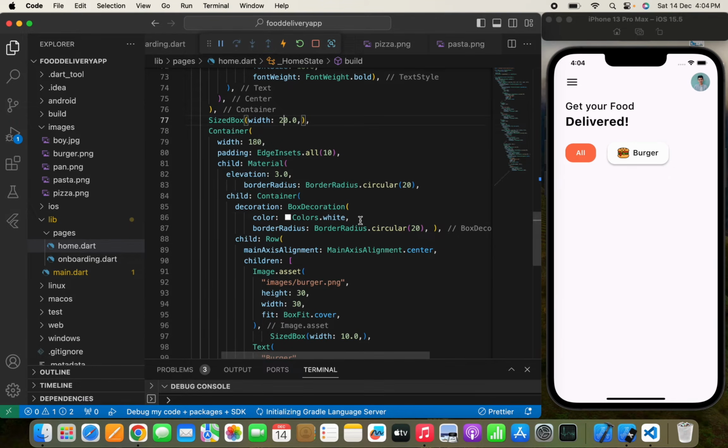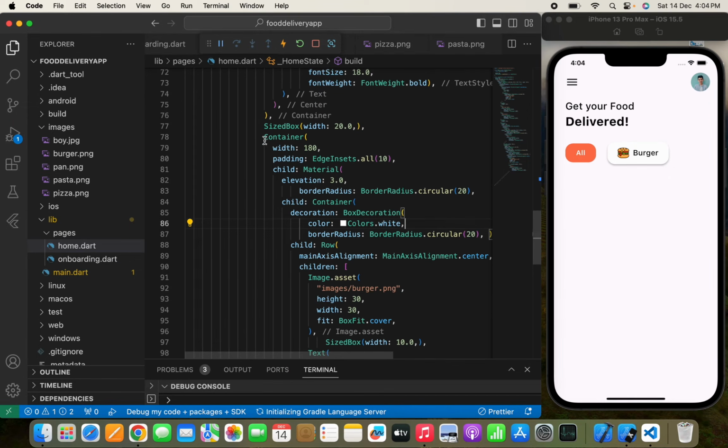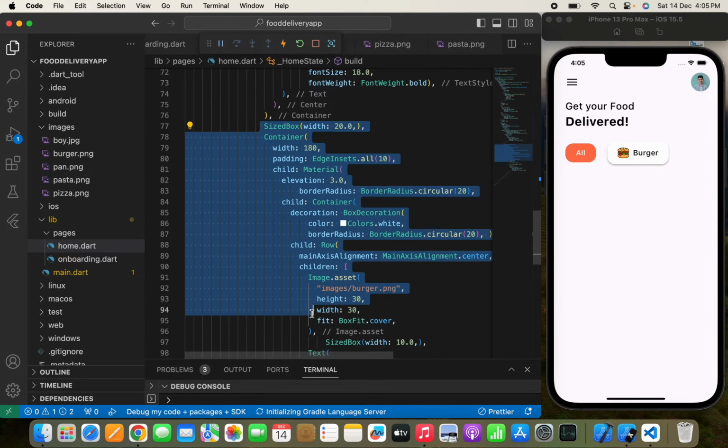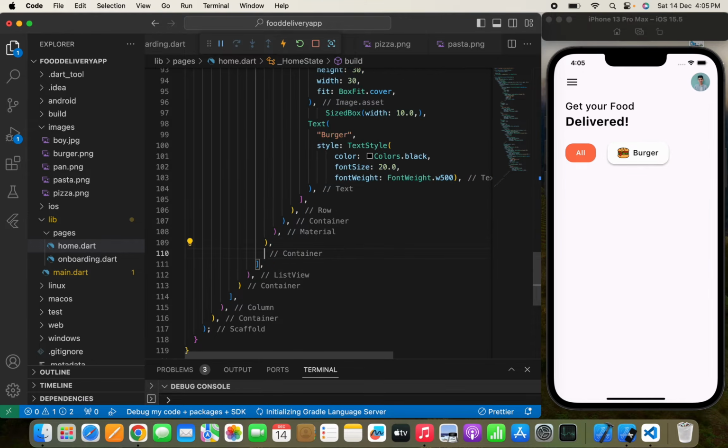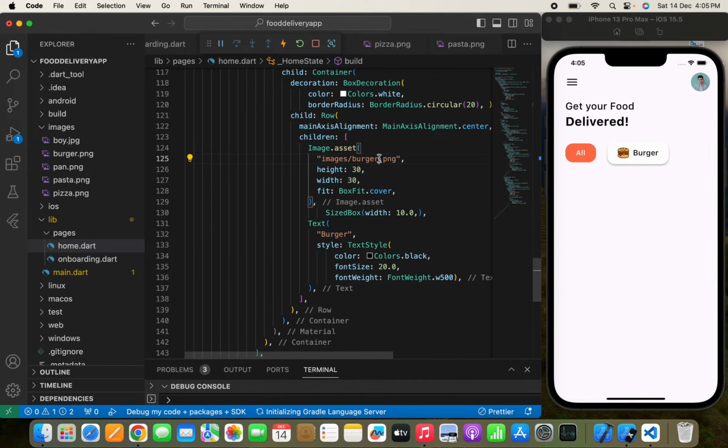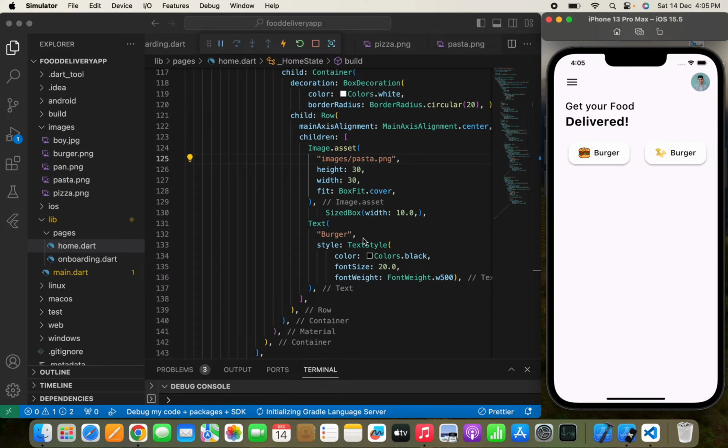Now let me add two more categories for pasta and pizza. So we'll copy this container, we'll paste it over here, we'll write pasta, and here is pasta, and we'll write pasta. Yeah, so this is pasta, this is burger. Now